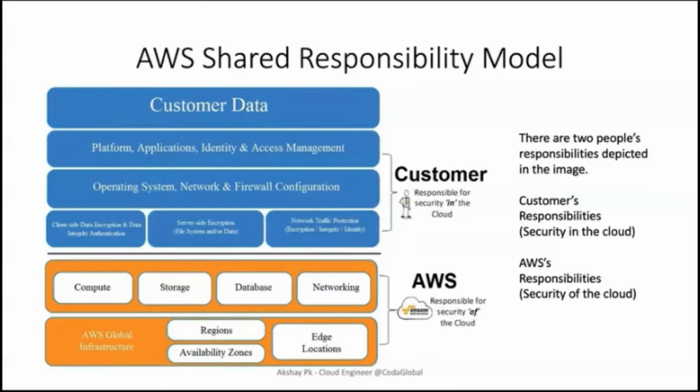And even network traffic protection, having TLS and SSL certificates created on AWS. There is a particular service called Amazon Certificate Manager that provides you with free SSL certificates, which you can use within the AWS infrastructure, right? And you get security in transit when you use an SSL certificate. So all of these are your responsibilities, okay? You have to remember this pretty clearly, because when we move on to some advanced concepts in this course, you will be referring back to this lecture where we talked about the shared responsibility model and so on.